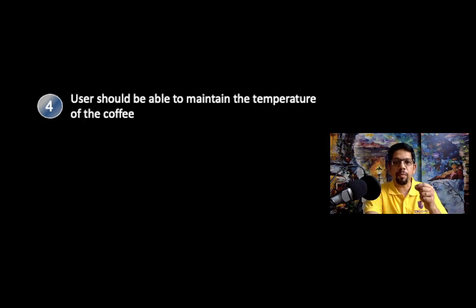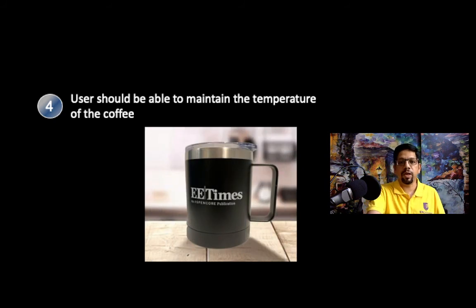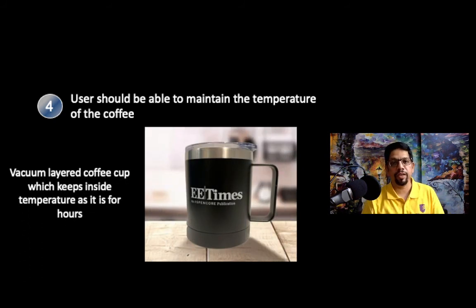Let's look at some of the needs of maintaining the temperature. We only looked at knowing the temperature and knowing the quantity. Now let's look at how we can maintain the temperature. Here is one cup example, and it's commercialized. It's available in some markets in Western countries, where it's a vacuum based cup. So there's a vacuum, and therefore